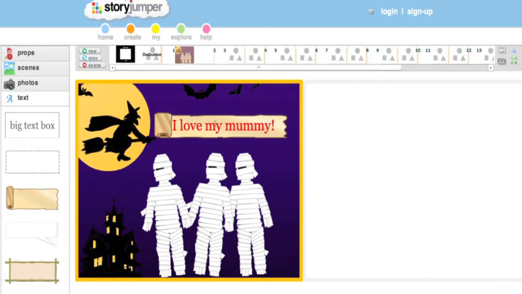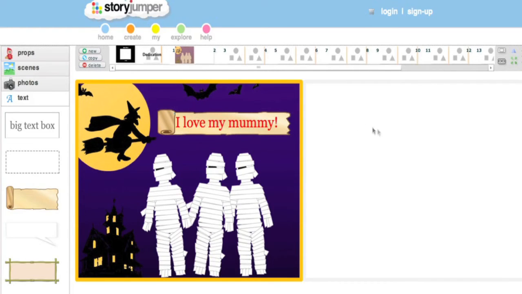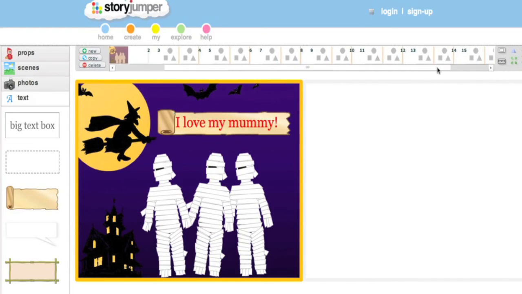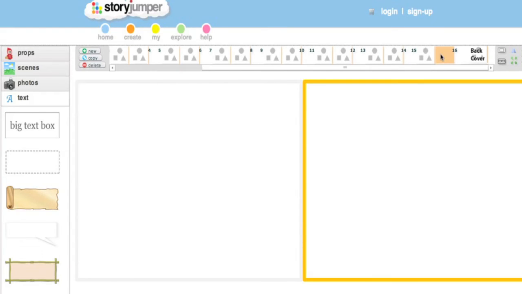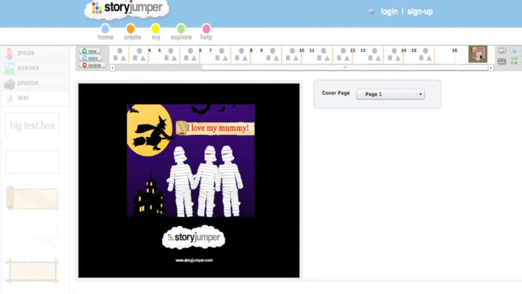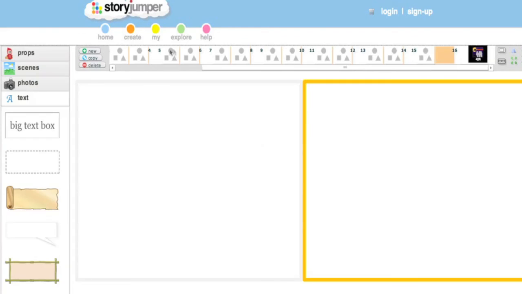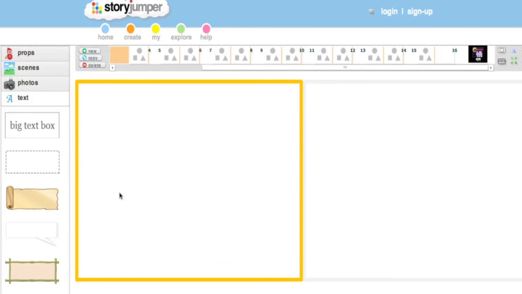So I have the first page over here. Now I can continue on and make as many pages as I want. The nice thing is over here, you have up to 16 pages, and you can even include a back cover, which is very neat. Now the way Storyjumper differs from some of the other tools we've covered is it allows